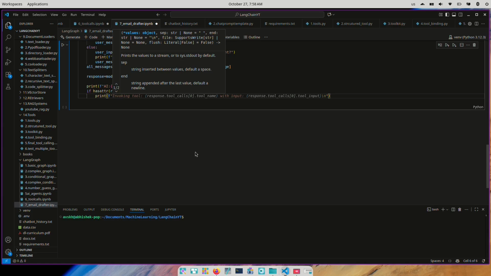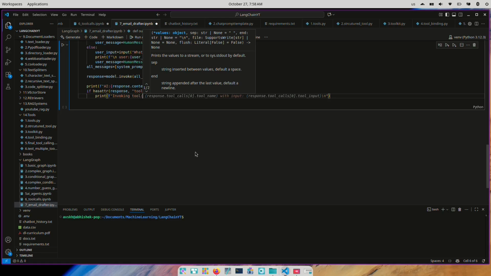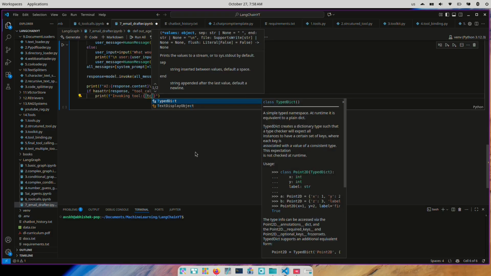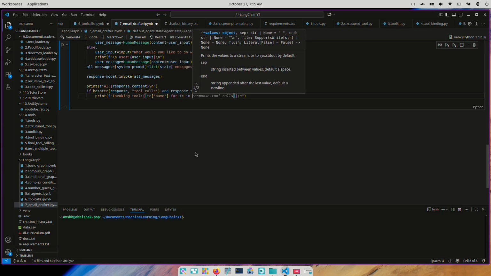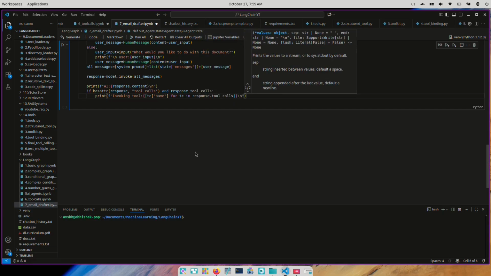So, invoking tool, please be careful with the brackets here. So tc tool name for tc in response.tool_calls,